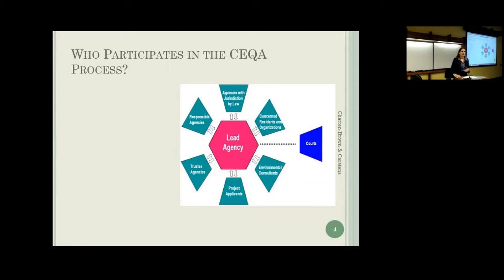Sometimes with a project, a city would approve a CUP for a shopping center development, but there's going to need to be some additional approvals from other agencies in the future. For example, this new shopping center is going to cause so much traffic that there needs to be a new ramp on the freeway. So Caltrans is going to need to approve that freeway on-ramp, and they would be a responsible agency in this instance. They would rely on the environmental review that's done by the lead agency, but they would subsequently approve their portion of the project.